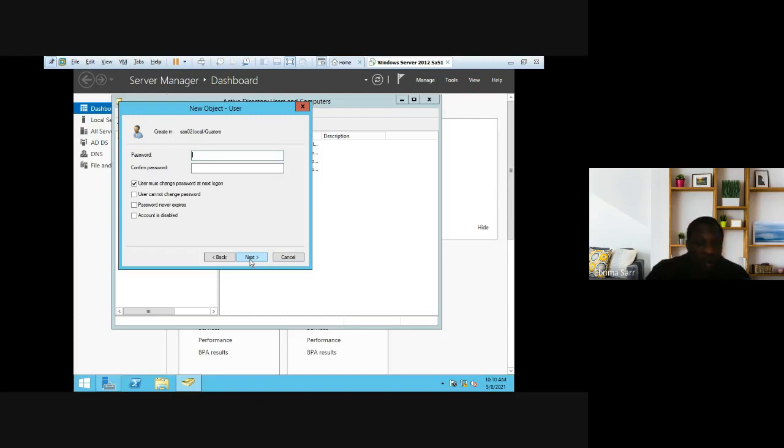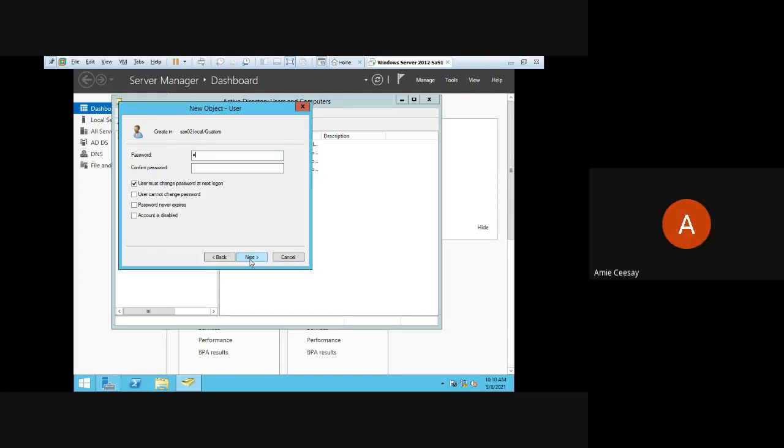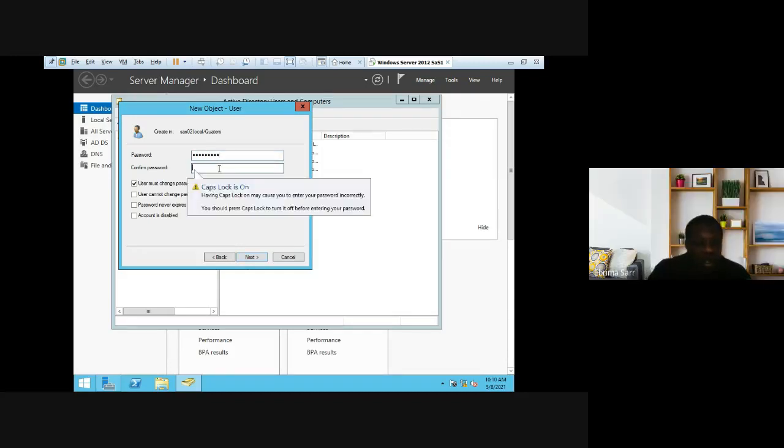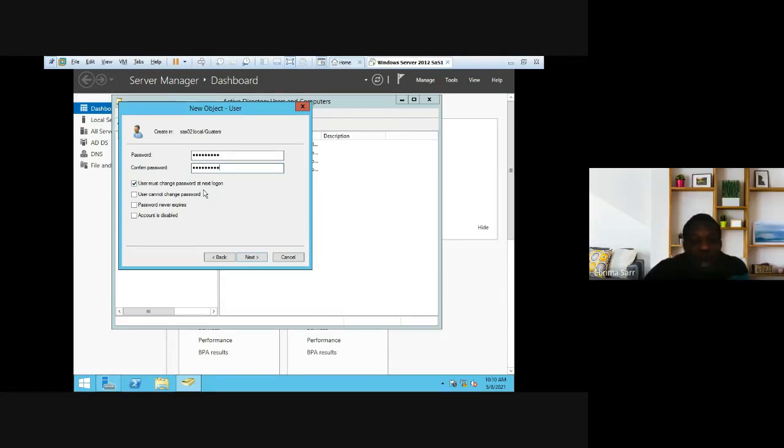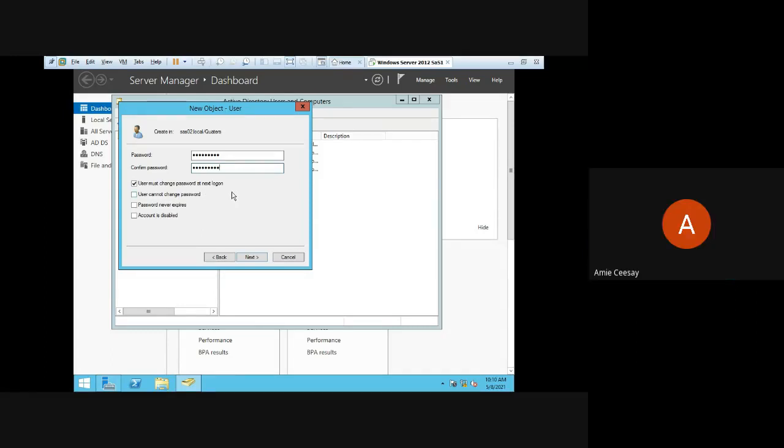I want to set up a password for this person. Okay, I want to repeat the password as well. Here, can you see user must change password at next login? Normally, if you're given a password, even UTG, if you, as a new